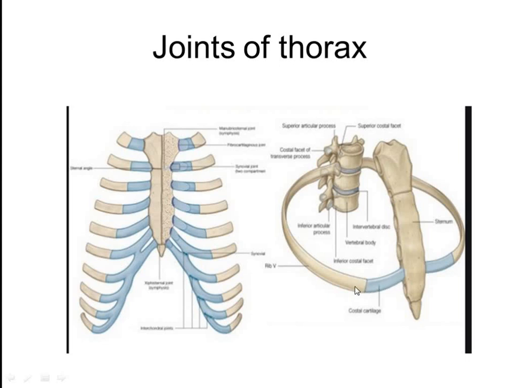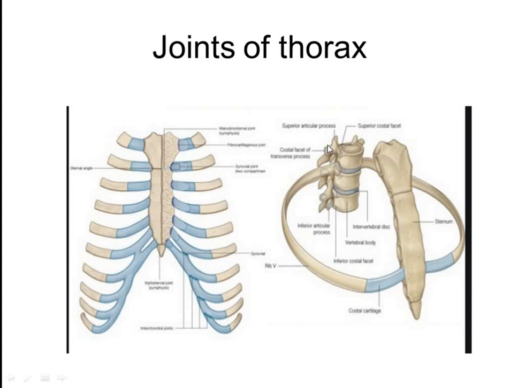Posteriorly, when we go, any particular rib, say we're using the fifth rib as a typical rib, goes posteriorly and its head articulates with the numerically corresponding vertebra, the body of the vertebra. That is the fifth thoracic vertebra body, on the costal facet. As far as the tubercle of the rib is concerned, that is going to articulate with the costal facet on the transverse process of the corresponding vertebra.